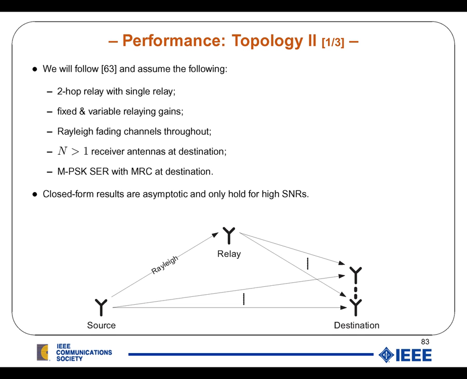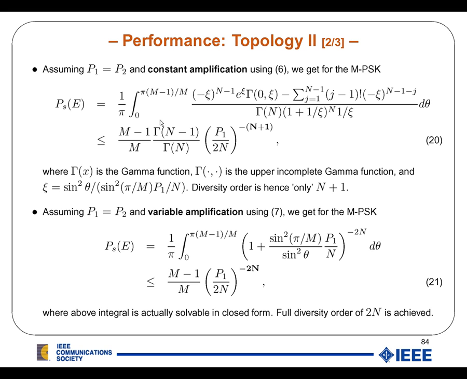Now, as for topology number 2, we will follow reference 63, and the difference to the one before is that at the destination we got a receive antenna array, and that has now n receivers, which is bigger than 1. Closed form results are asymptotic and hence only hold for high signal-to-noise ratios. Assuming two different cases, one is the constant amplification using coefficient 6, which I had shown when I presented you the channel, and the variable amplification using 7 from the very same section, we obtain the symbol error rate following